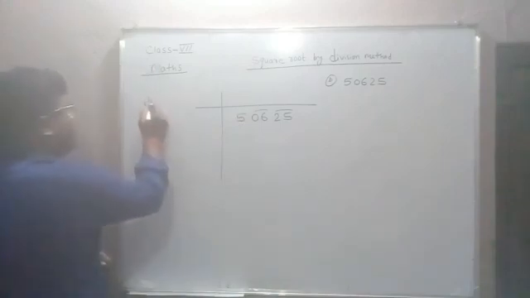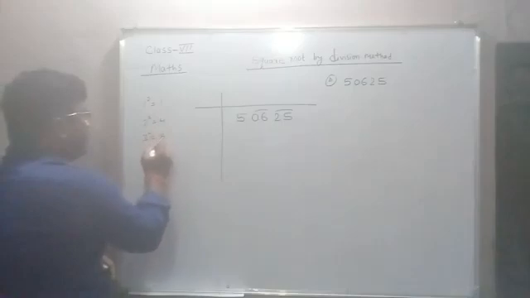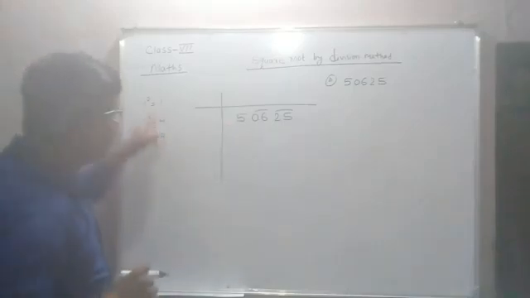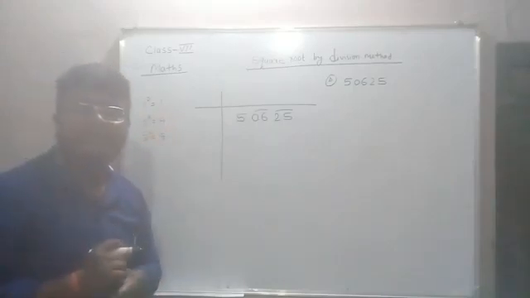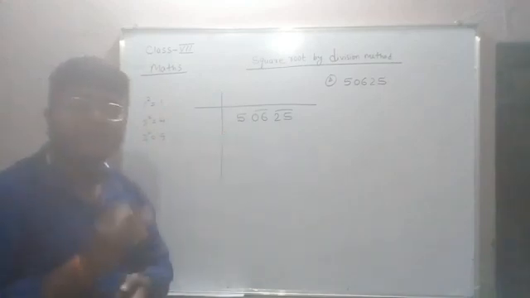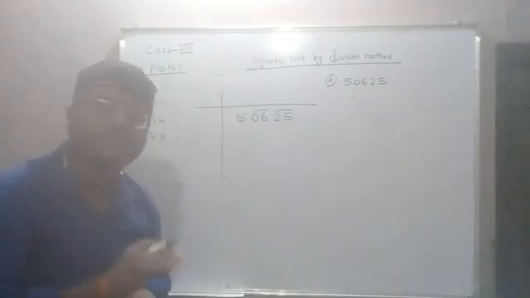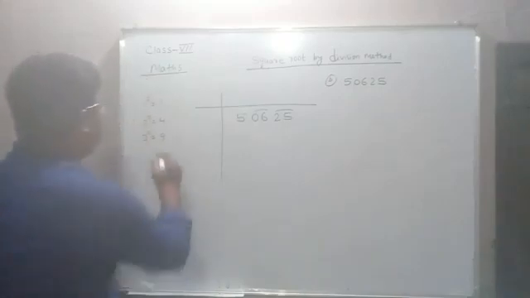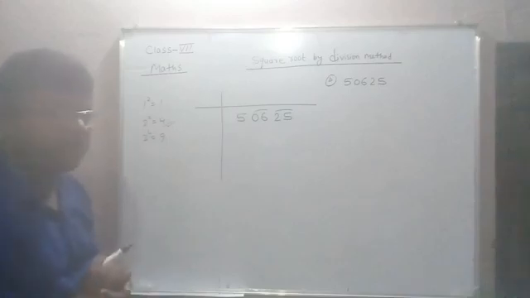So 1 squared is your 1. 2 squared is your 4. 3 squared is your 9. The numbers start getting greater now. So is there any perfect square equal to exactly 5? No. So what we have to do, if we do not get a perfect square, we just find the number which is just smaller than 5, that is our 4. And 4 is the square of what? That is 2 squared, so we will take this 2.